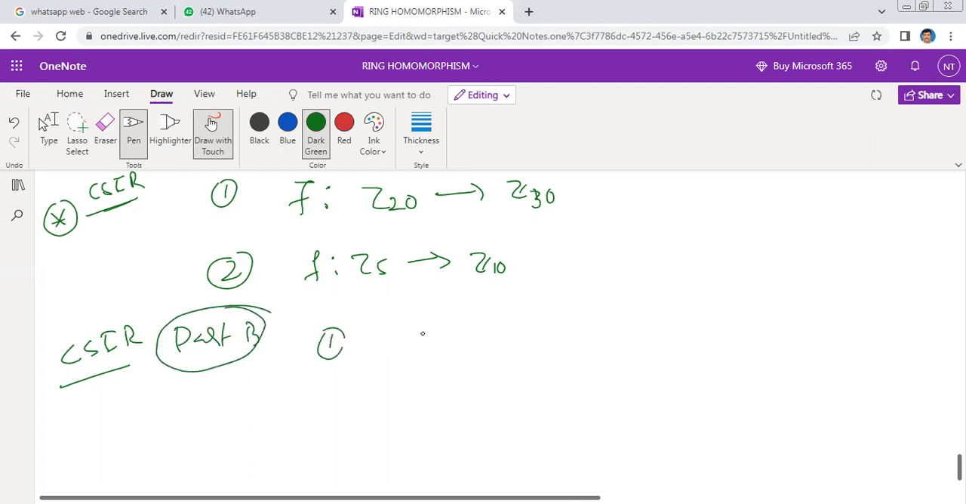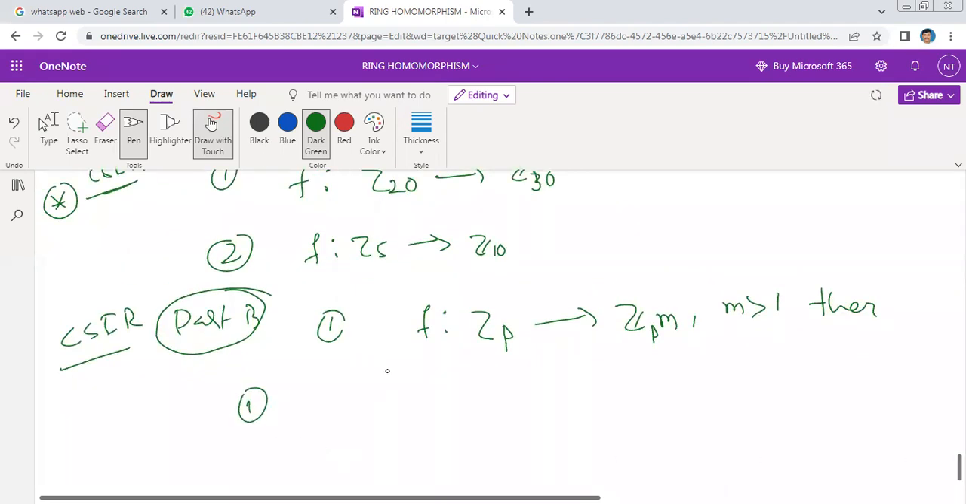What is the question? F is a mapping from Z_p to Z_p^m, p prime, m greater than 1. There is another problem too, where the domain and codomain are interchanged. F maps Z_p to Z_p^m, m greater than 1. Then the options are